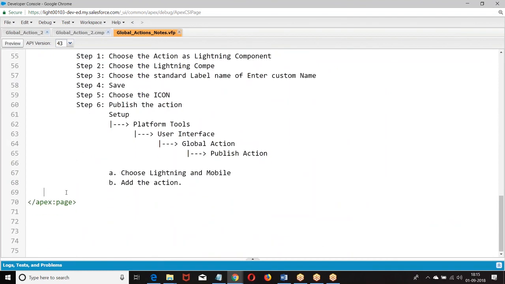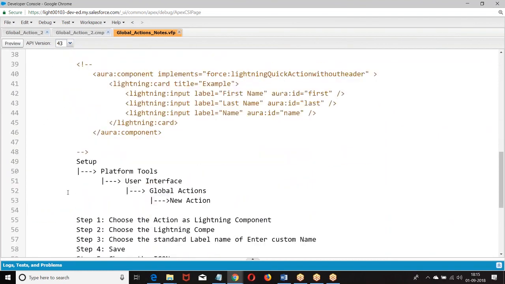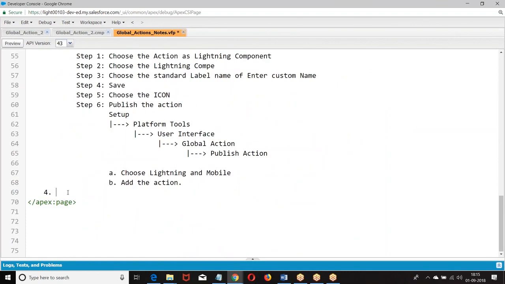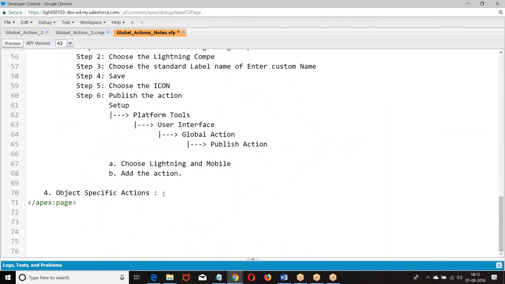Now let us go to object specific action. How do you define object specific action? In Visualforce, we go for a concept called standard controller.